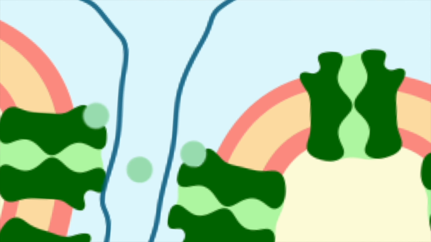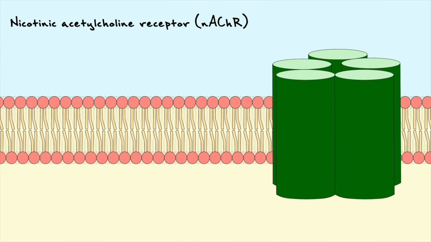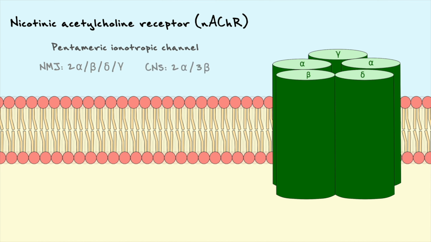The receptor on which acetylcholine binds is called the nicotinic acetylcholine receptor. This receptor is a pentameric ionotropic channel. At the neuromuscular junction, the distribution of subunits is 2 alpha, 1 beta, 1 delta, and 1 gamma. I mentioned this distribution because the nicotinic acetylcholine receptors in the central nervous system have a different distribution, 2 alpha